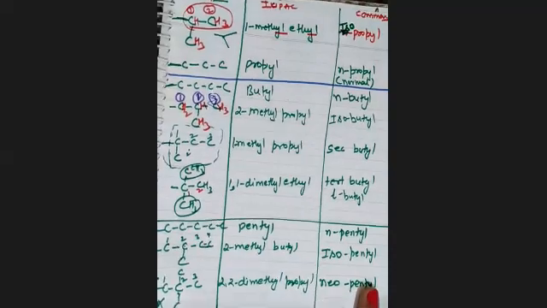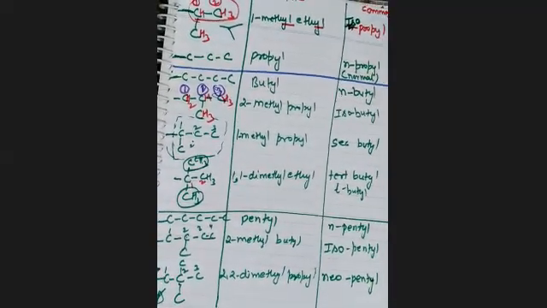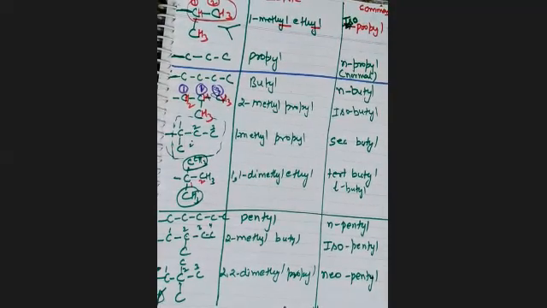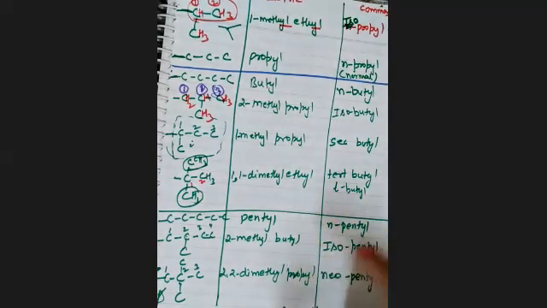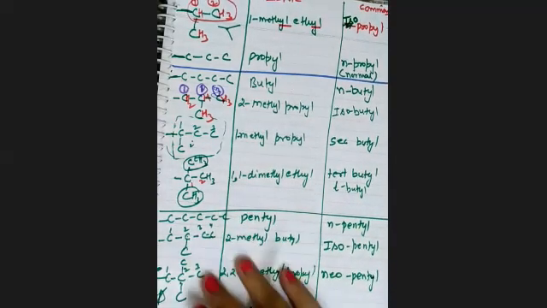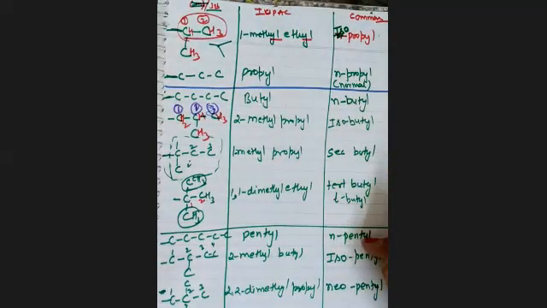So all the nomenclatures are very, very important. Note this thing down, or you can take a screenshot right now. You have to note these things down in your notebook. Because whenever you do nomenclature, you'll get confused about which is tert, which is sec, which is iso, which is neo, which is n. Clear? So it's very important to note down the IUPAC nomenclature, as well as the common naming of your compound. Clear?